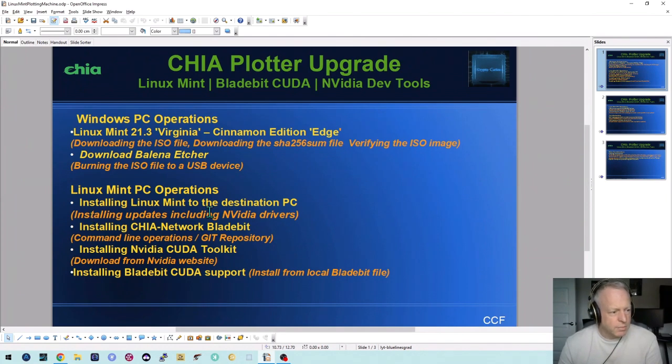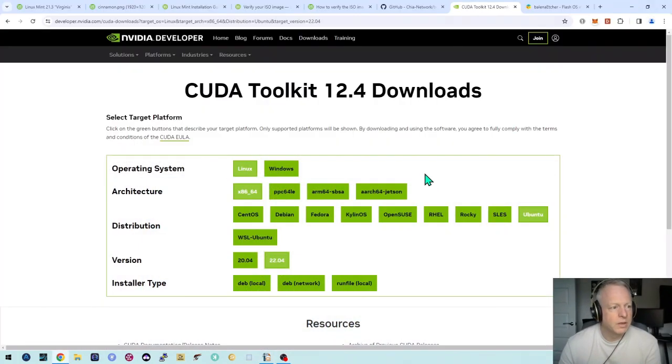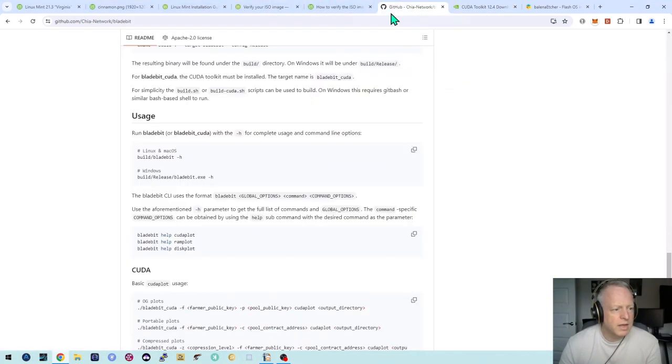Right, so we've done that bit. We've installed the Cuda toolkit. Now we're going to install Bladebit Cuda support. And this can be done in one of two ways. The first way, if we go back to the, where is it? The GitHub here. The first way is to do,